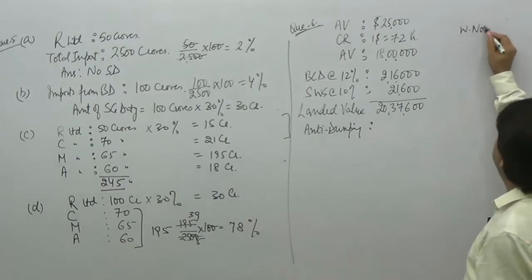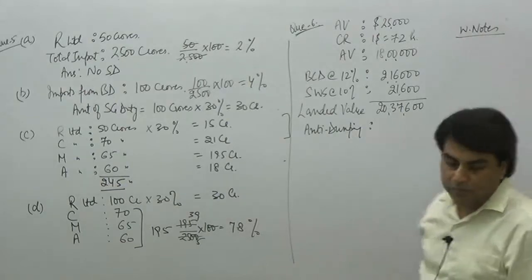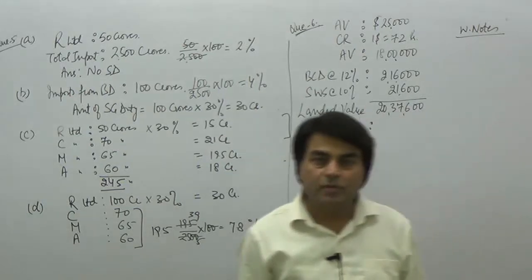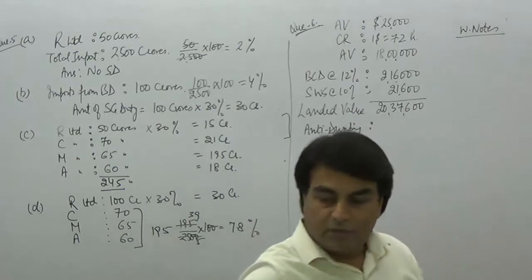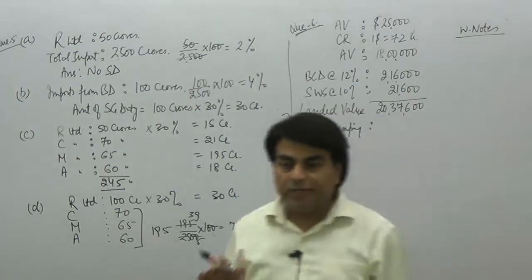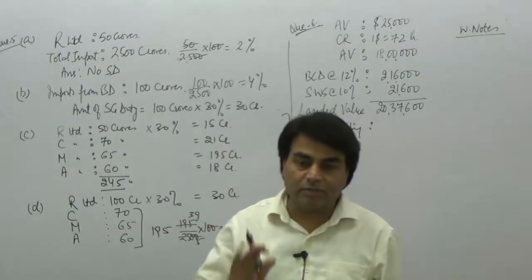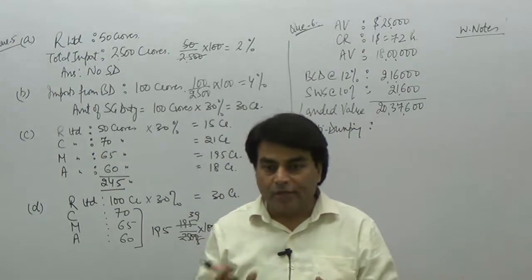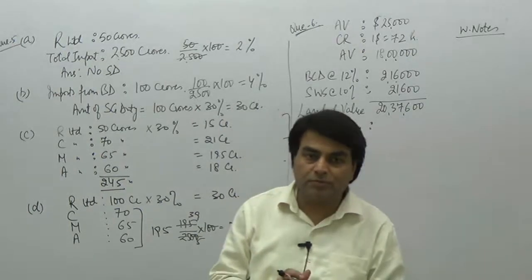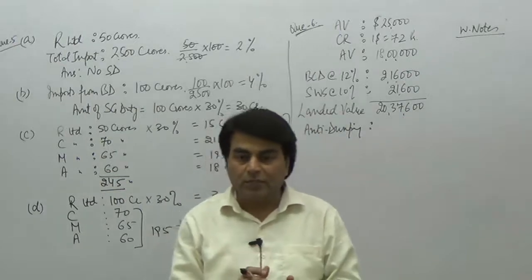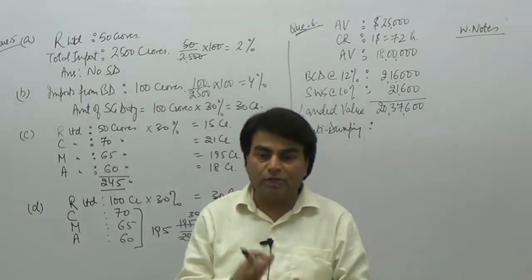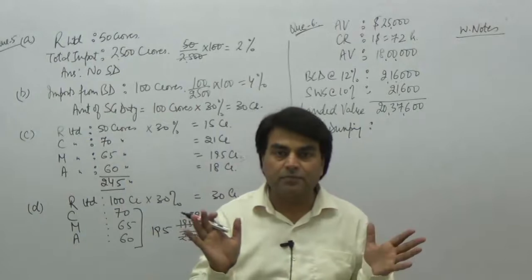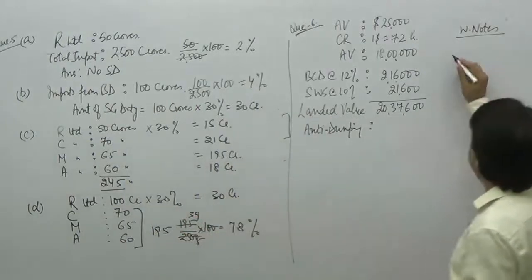Working notes for anti-dumping duty. The criteria given is the value of the commodity at the rate of US $85 per kg. You have imported 500 kgs of this commodity. Okay. Anti-dumping duty is to be imposed in this manner. The notification says that AD, anti-dumping, would be equal to the difference between the cost of the commodity calculated at US $85. Okay.